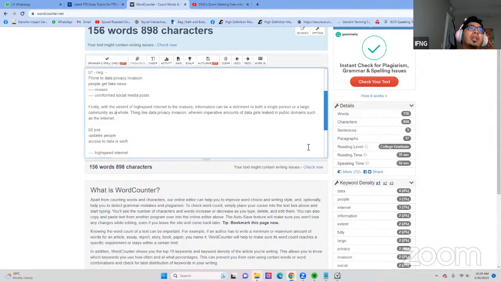Things like data privacy invasion, wherein imperative amounts of data gets leaked in public domains such as the internet, can make people wary,